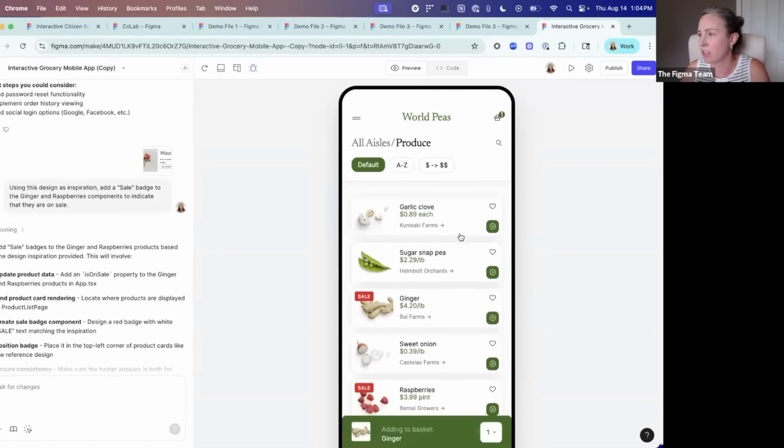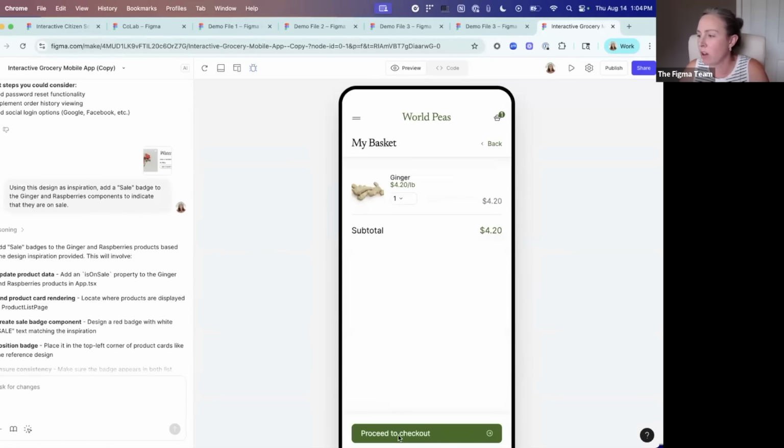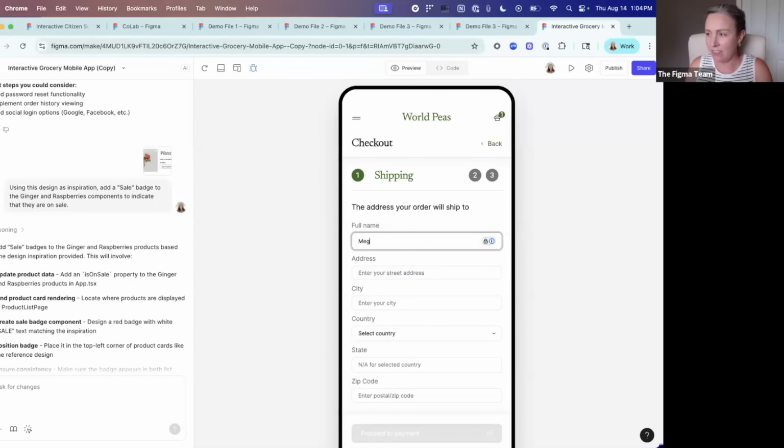We can add a product to our cart, go into our cart, go to the checkout flow, and even start going through a realistic form fill experience. This was all created in Figma Make via prompting, and our designer advocate, Anna, who created this, has really noted the complexity of this build and how having this live in Figma Make allowed her to develop a much stronger